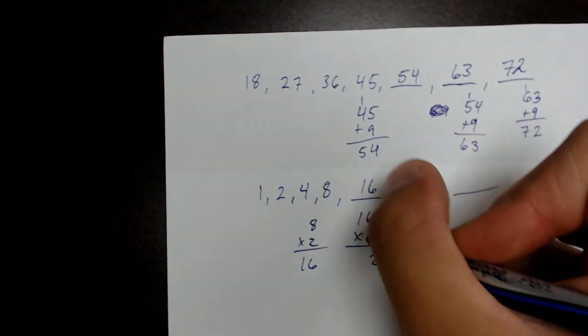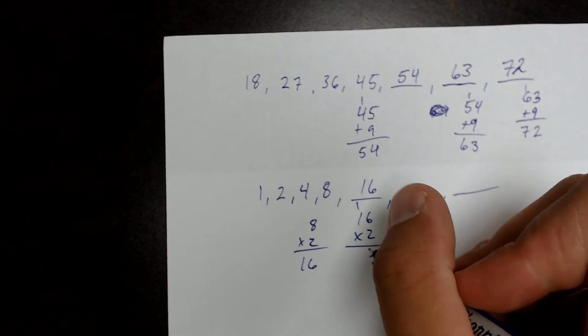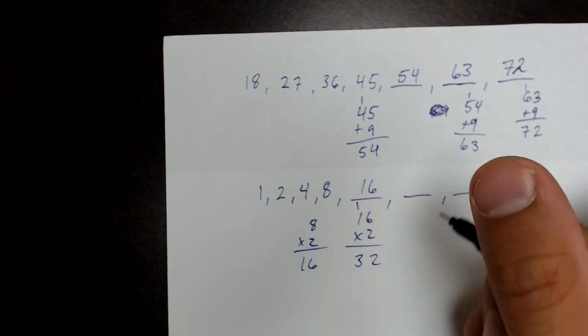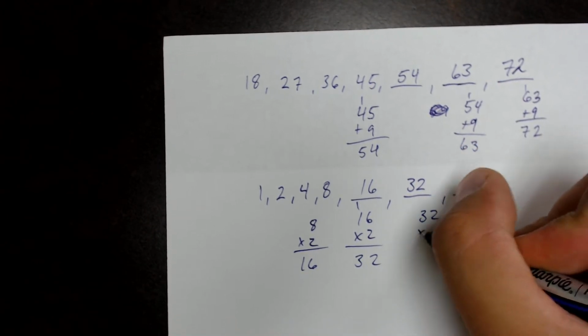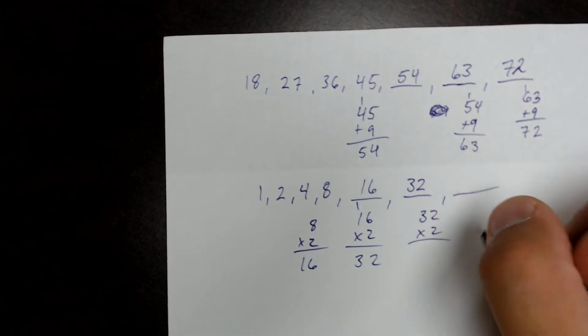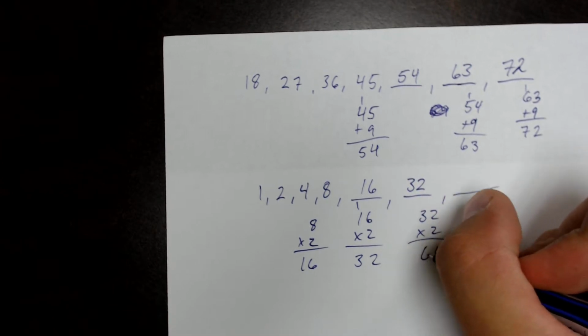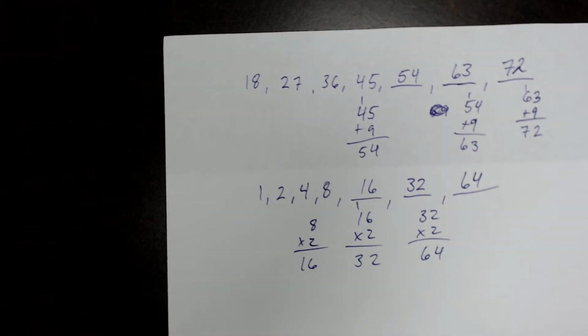2 times 6 is 12, carry the 1. 2 and 1 is 2, plus 1 is 3, so 32. And then I have to take 32 times 2. 2 times 2 is 4, 2 times 3 is 6, so the last number is 64, and I've got my